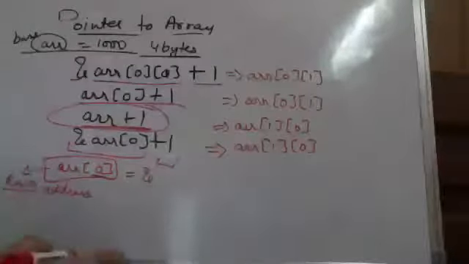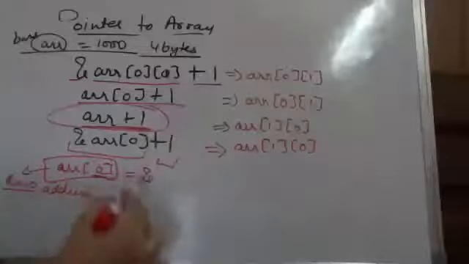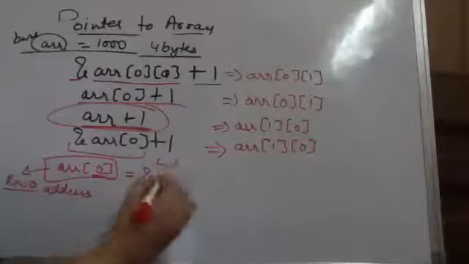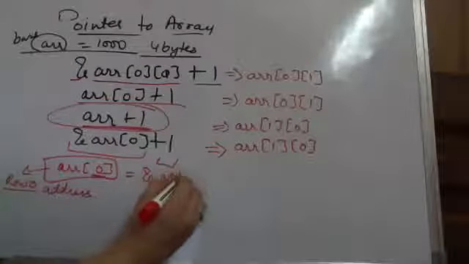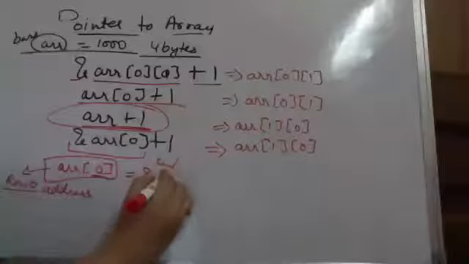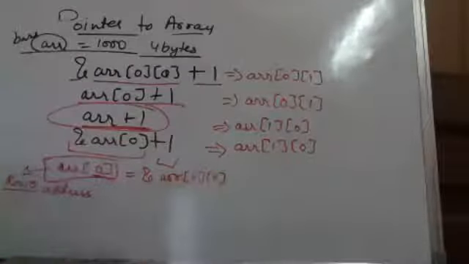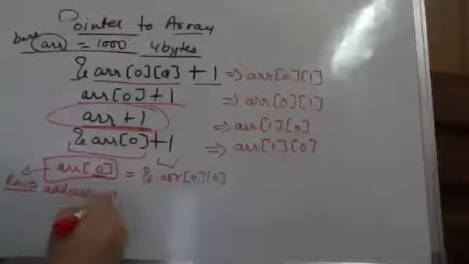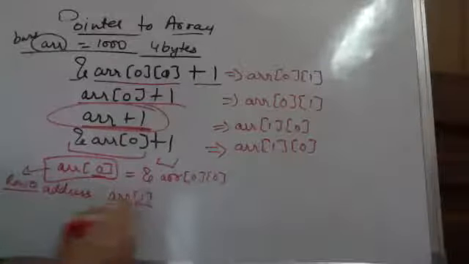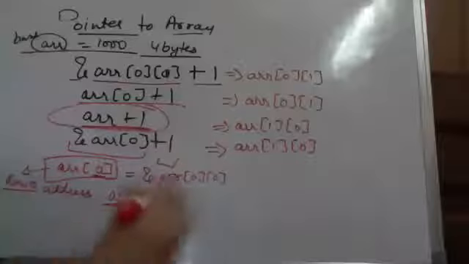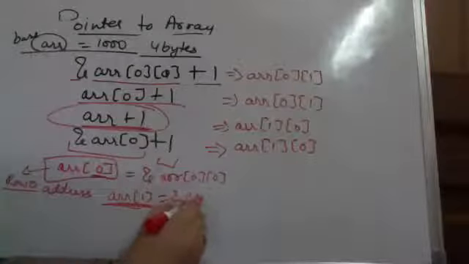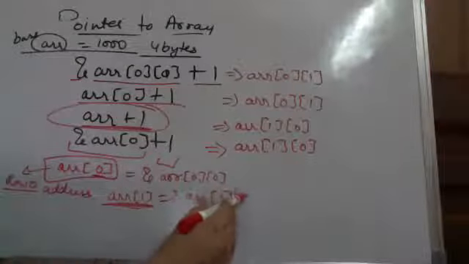You have to understand this. So row 0's address is the same as the address of the first element. Row 0's element is the same as the address of the first element in the array, which is 0, 0. I hope I am able to make you all understand. If I am talking about array 1, that means I am talking about the first row. So this is the same as the address of row 1, column 0.